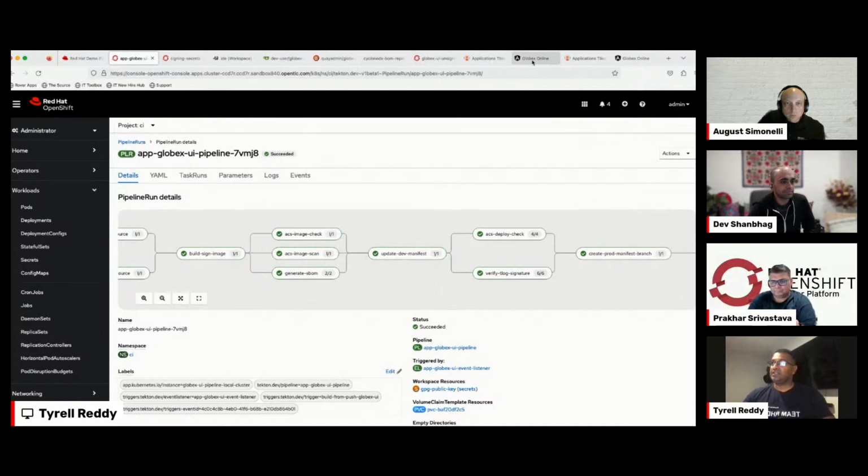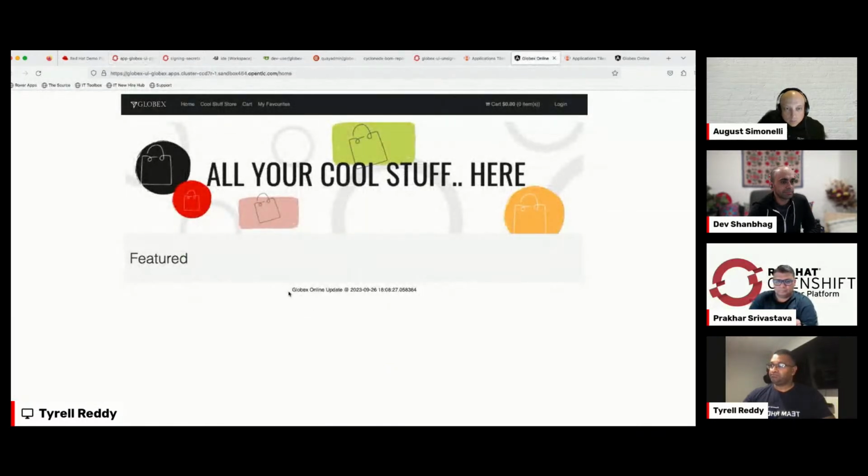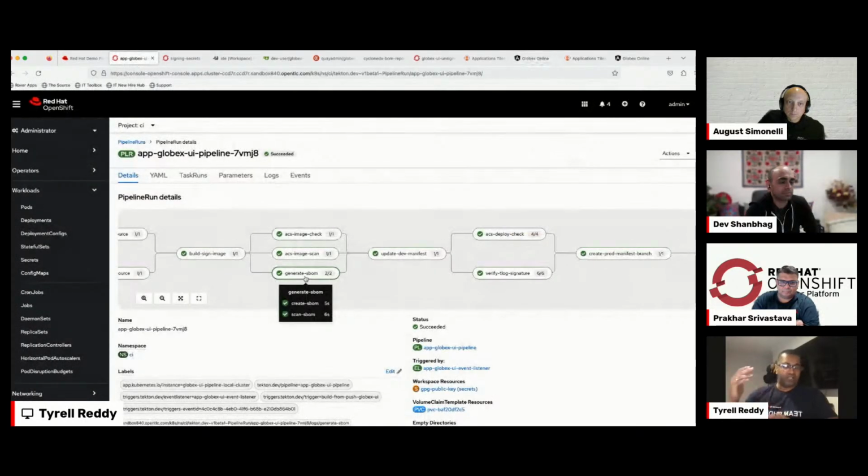So if we look at this image here, we've added this tag in our pipeline, right? So to say that this is what the developer has actually done in the source code. He's added this tag to the front end, and now it's built the image and it's deployed to a dev environment. If you look at what prod looks like, it doesn't have that, right? So this is the prod instance, and it doesn't have that tag, right? Right. So the important thing now is I've shown you the build state, right?